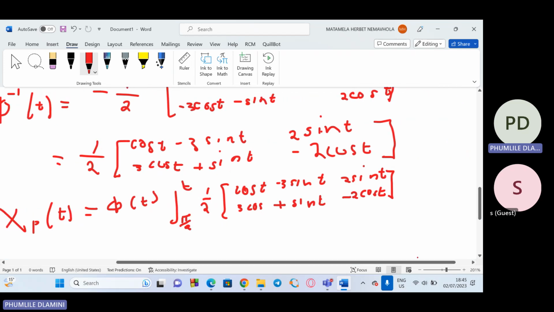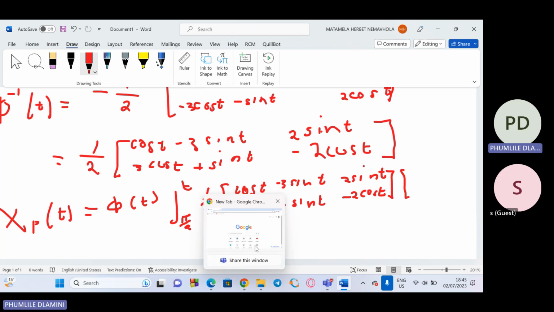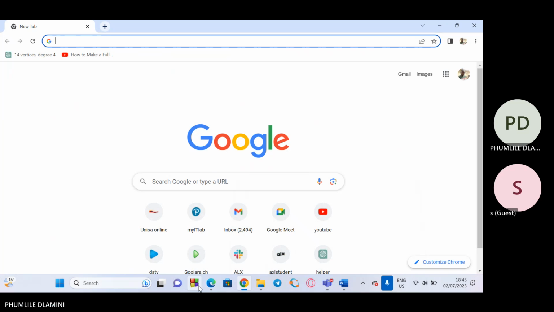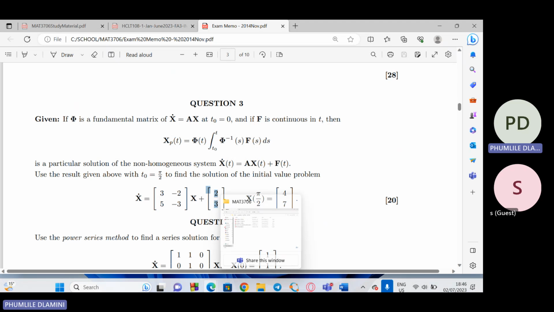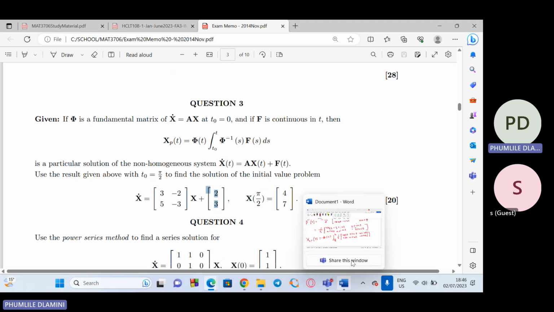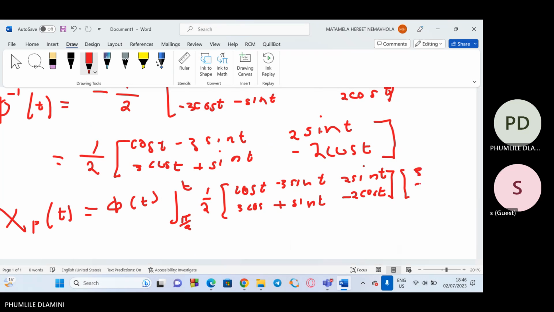Yeah, I think I'm going to have a space. After this one, everything that we just wrote is going to be our f of s. We have x, and f of s is this matrix, 3 and 2. So we're going to multiply this equation by the matrix 3 and 2, ds. Now because we are working with ds according to our formula here,